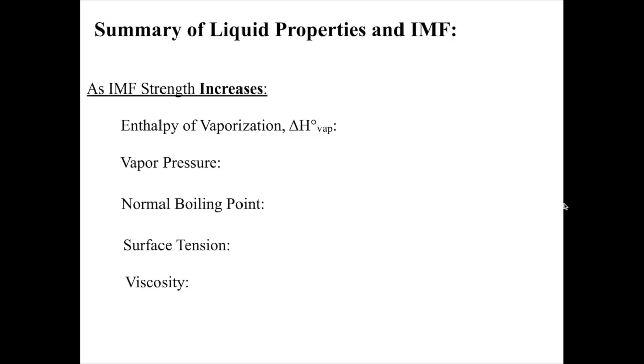So to summarize the properties we've looked at for liquids, as the intermolecular force strength increases, the enthalpy of vaporization increases, and so the vapor pressure decreases. The normal boiling point increases. The surface tension increases, but it's not as precise of a correlation,